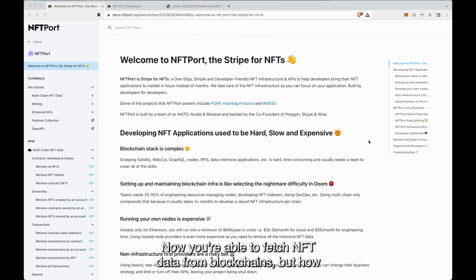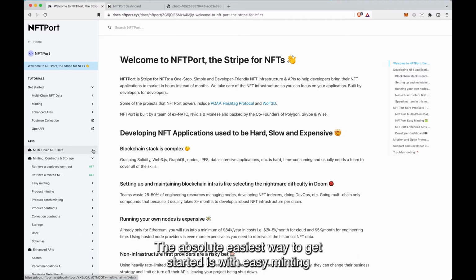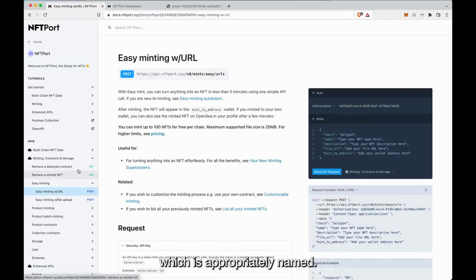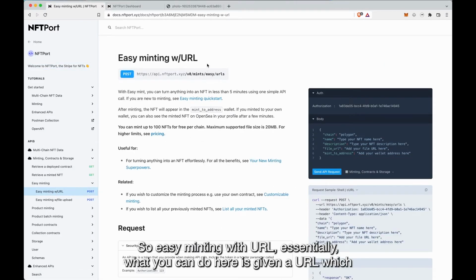Now you're able to fetch NFT data from blockchains. But how about writing onto blockchains? How can we create NFTs? We have APIs for that as well. The absolute easiest way to get started is with easy minting, which is appropriately named. So easy minting with URL. Essentially what you can do here is